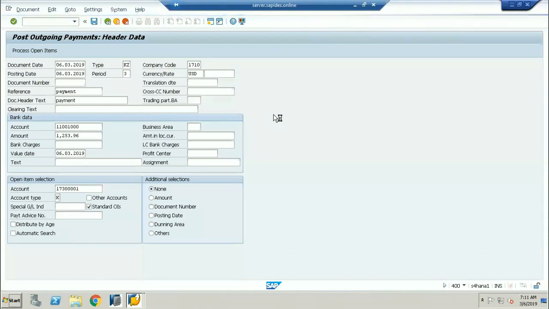Or if you would have run the payment run, it would have cleared, right? Yes, automatic payment run. One second, it is coming.